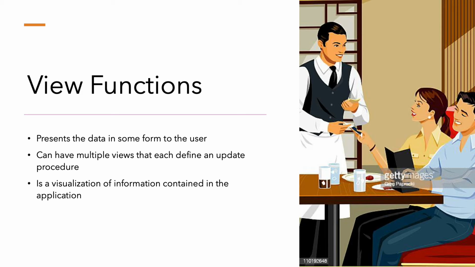Going back to a restaurant example, the view would be the customer. The customer places an order and receives the food through the waiter or the controller. The customer has no direct contact with the cook or model. This process is similar to the user requesting certain data and the view displaying it for them however they ask for it.